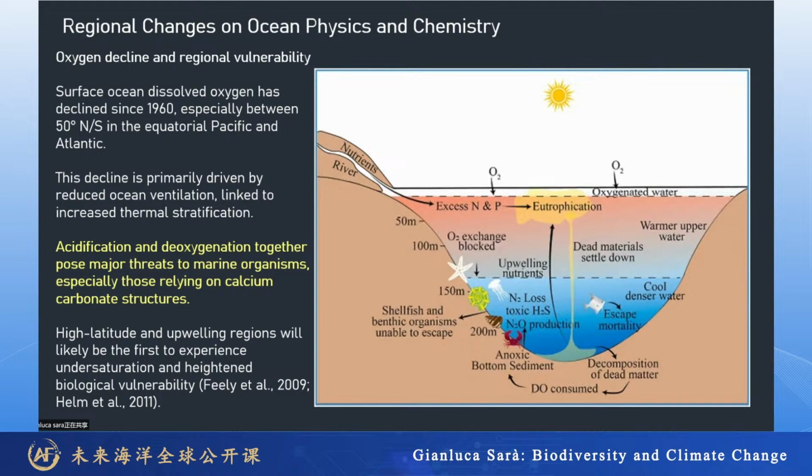Actually, as we said, we will see later. Deoxygenation is always combined with increasing temperature. And then we have at least two factors: the increasing temperature and the reduction of oxygenation. And then biodiversity has to respond to at least two different stressors: deoxygenation and increasing temperature. And this is the best situation, when we have only two stressors acting together.